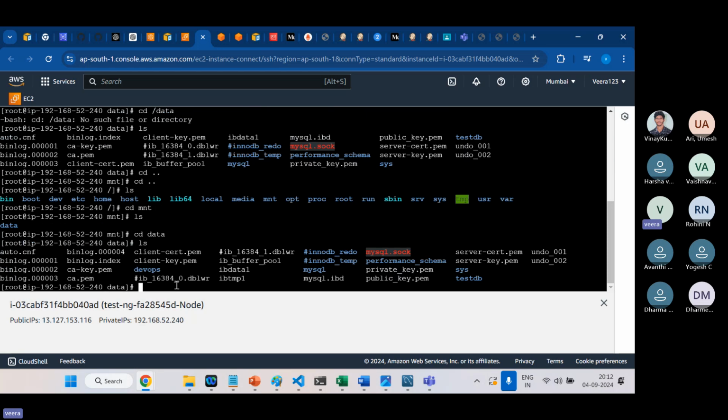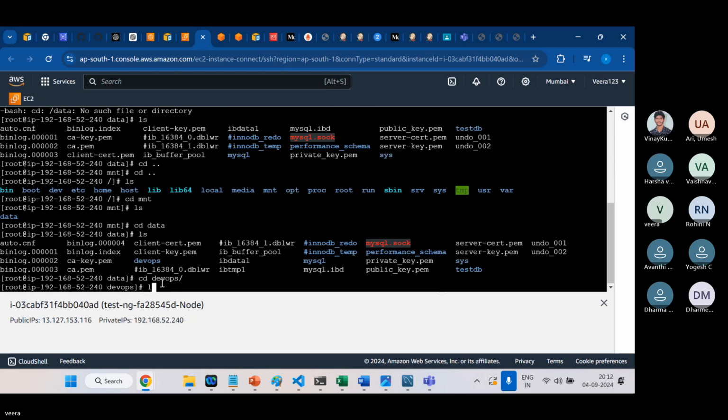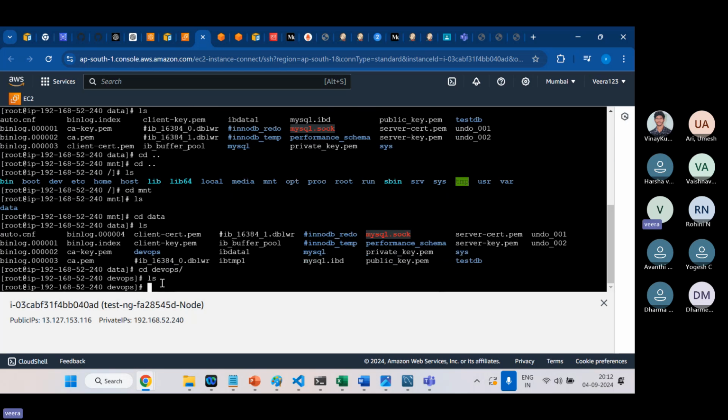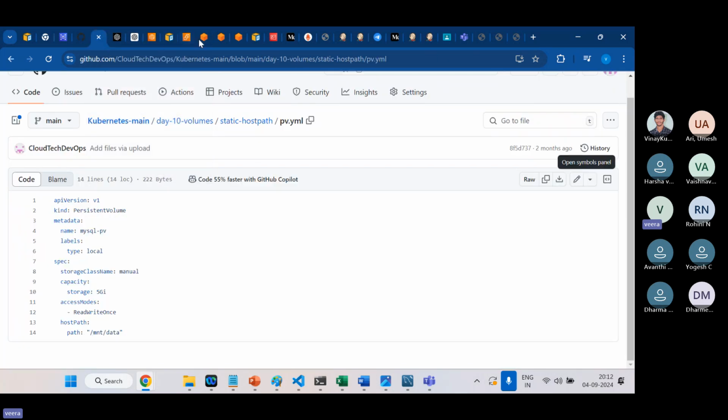See here, guys, if you can see, DevOps is created now. Let's go inside DevOps. Okay, so nothing is there inside. Just an empty database was created, right? So for example, if you insert any data here,